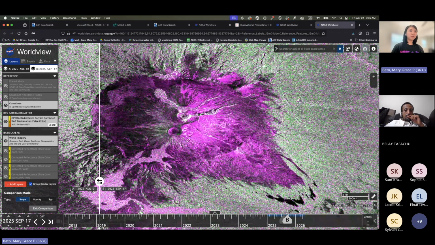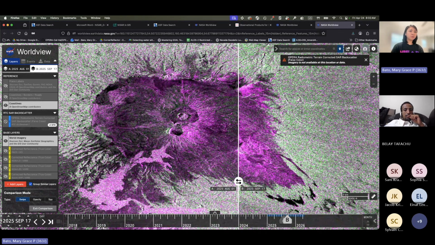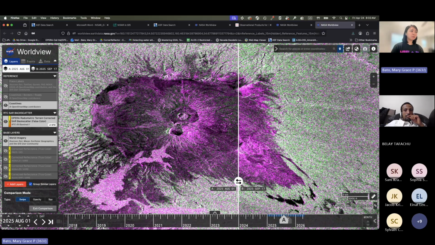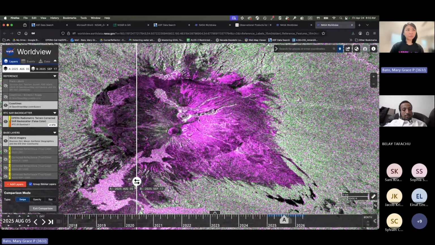So you can compare that, and then compare again with A, which is August 6 or August 5, and how much the lava flow grew towards the end of the eruption. So this is something that you can do with just looking at available RTC data and just playing with the Worldview platform provided